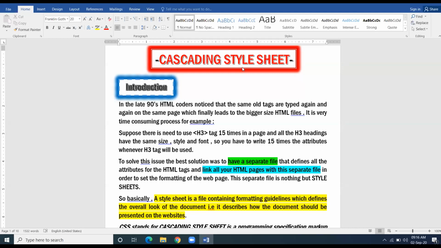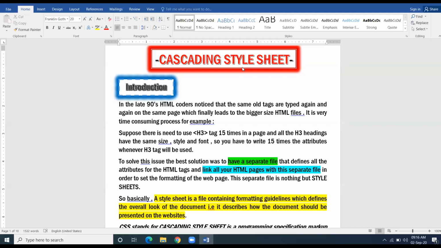You have some predefined theorems and formulas. You put that formula in the question, replace it with the values, and find the answer. Like simple interest, principal into rate into time divided by 100. It is a general formula. The general formula in the computer field is known as syntax.